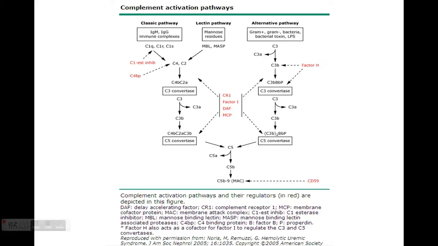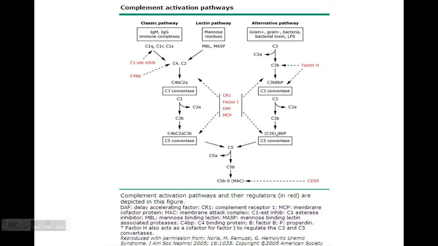The response gets amplified. Which is really important if you want to get rid of bacteria. But on a normal cell surface, like for example on the endothelium, you don't want that. You want to actually inhibit that activation, and that's why you have these factors that will put a brake on it. But if they are abnormal, if you have some genetic defect in these factors or acquired antibodies against these factors, then that inhibition will be problematic, and you will end up with excessive amplification of alternative pathway, and